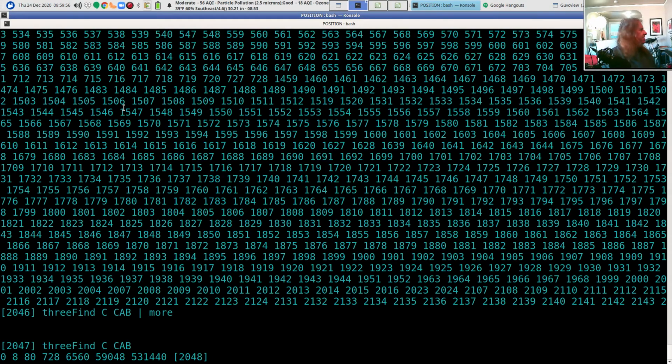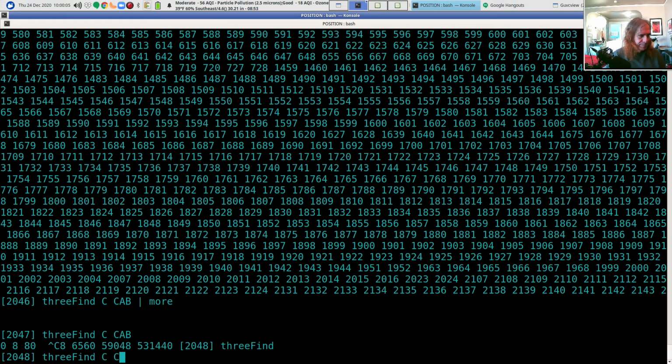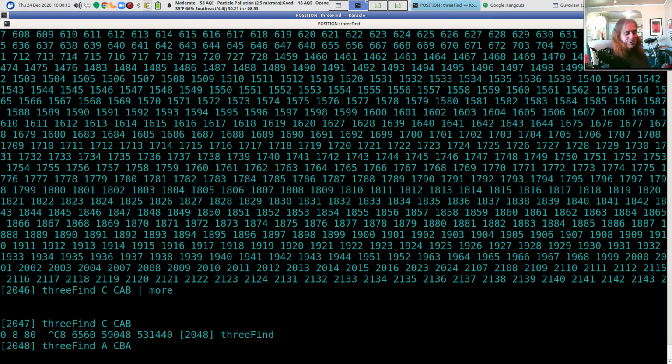So that's believable, right? And then if we search in the A string for the pattern CBA, this will also give us powers of 3, but it'll be 3 to the n minus 1 where n is odd.